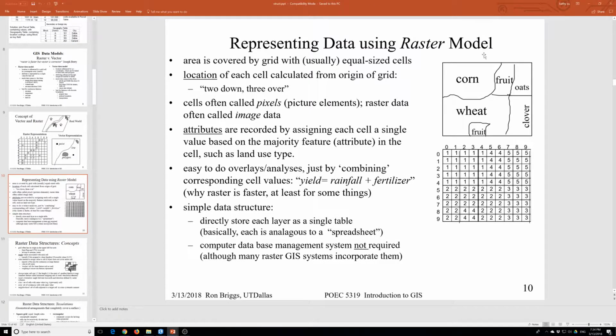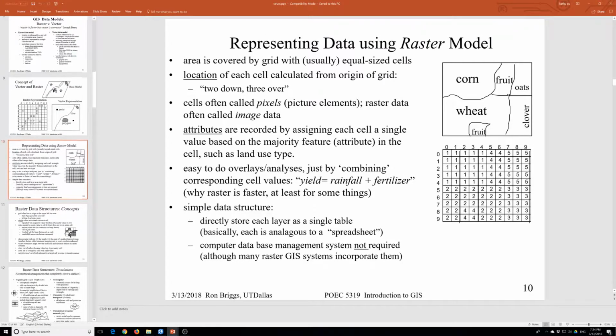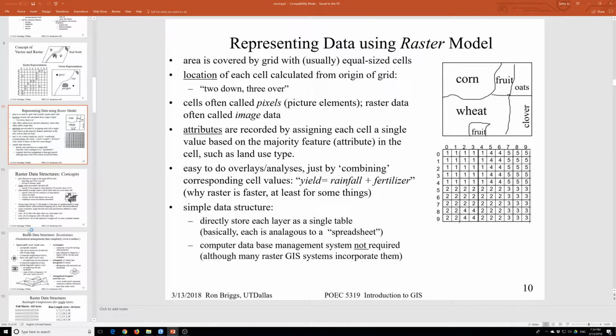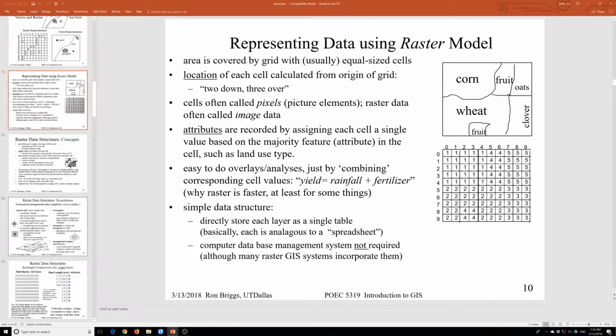Representing data using the raster model: an area is covered by a grid, usually of equal size cells. The location of each cell is calculated from the origin of the grid, 2 down, 3 over. Cells are often called pixels, picture elements. Raster data is often called image data. Attributes are recorded by assigning each cell a single value based on the majority feature attribute in the cell, such as land use type, and it is easy to do overlay analysis just by combining corresponding cell values, such as yield and rainfall plus